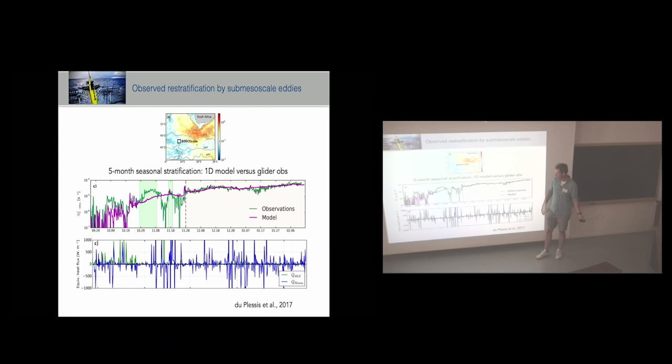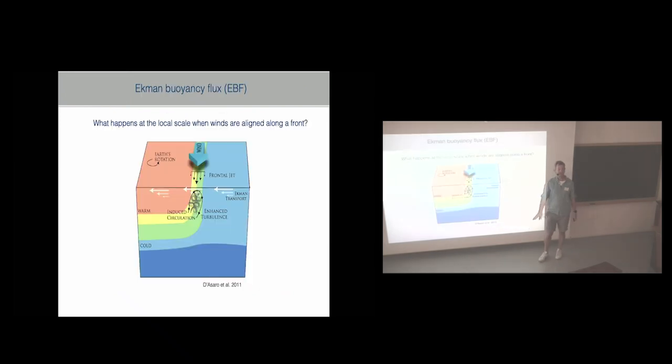Now, it's not only these mixed layer eddies that are important, but there is another process that I wanted to just introduce today around Ekman buoyancy flux. And that is that at the local scale, you have surface winds that are blowing over these fine scale fronts over the ocean. They're also the large scale ones, but let's just think at the local scale of the submesoscale fronts. And what happens is this schematic here by Eric D'Asaro shows that if you blow winds along a front,